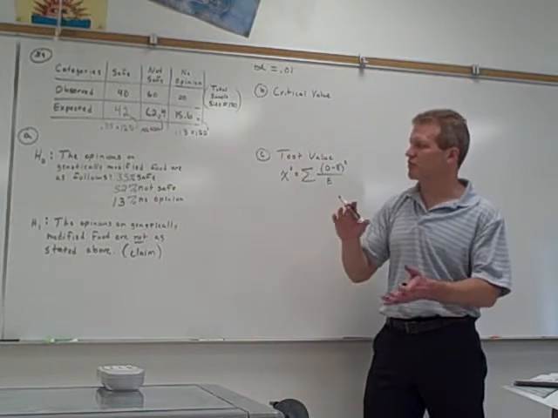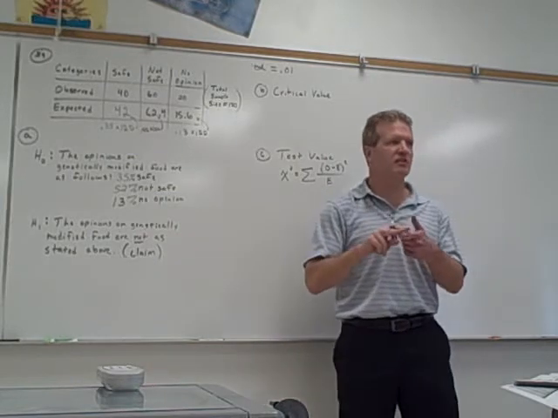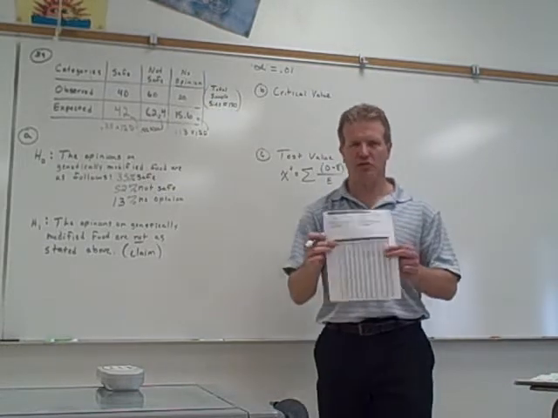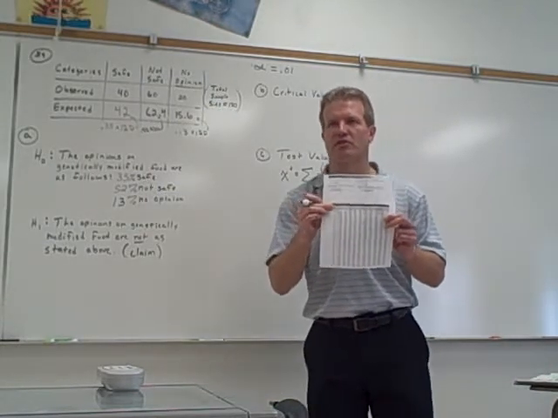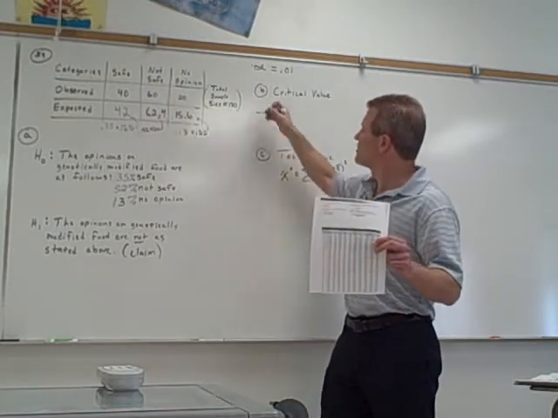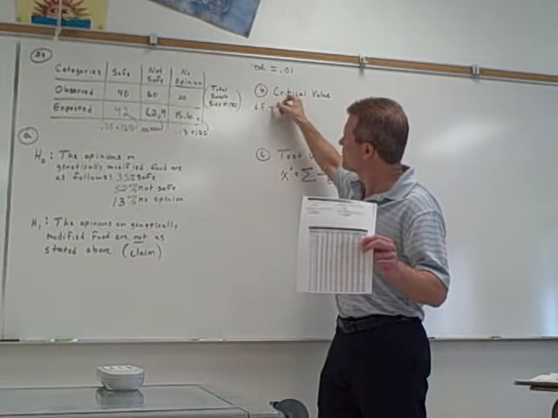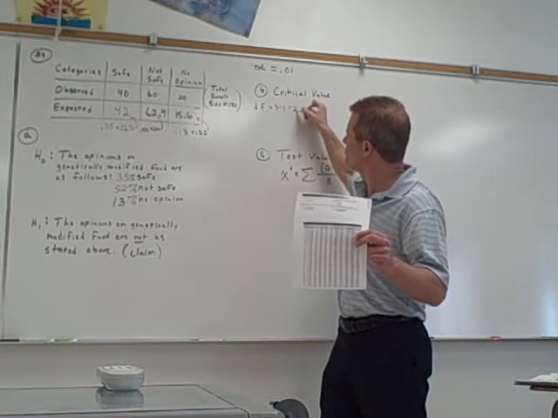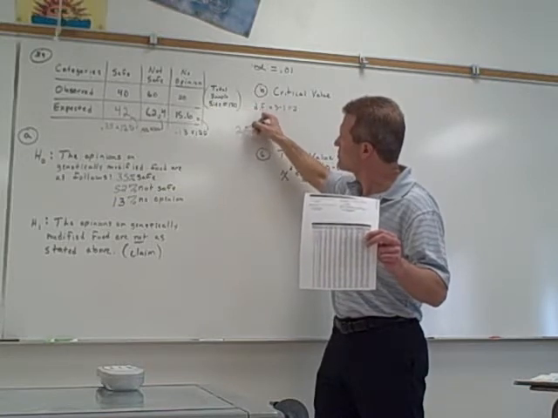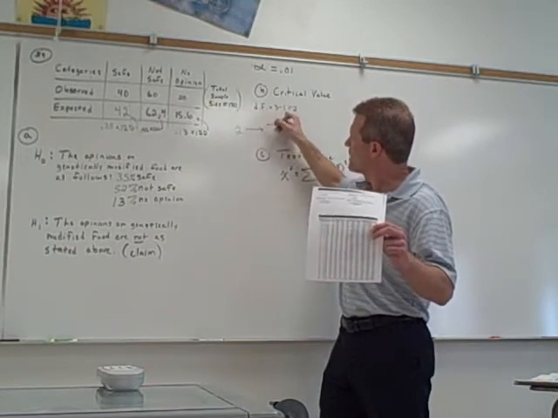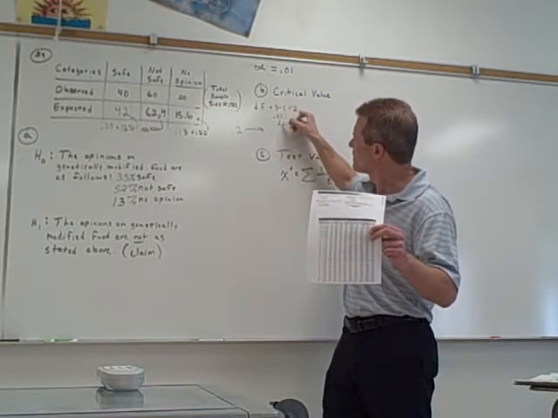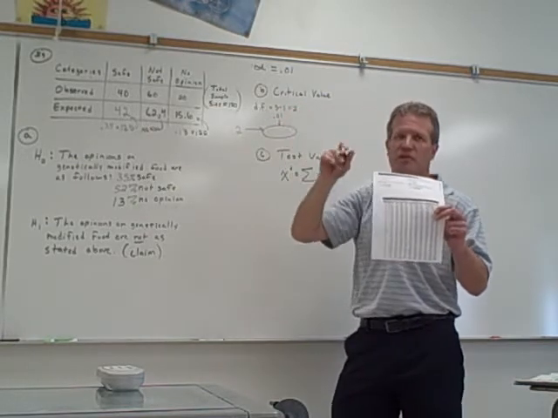Okay, we're doing the traditional method of hypothesis testing. The second step is to find the critical values. So you get your chi-squared table out. You look at your chi-squared chart. Your degrees of freedom is the number of categories minus 1. We have 3 categories. So our degrees of freedom are going to be 3 minus 1, which is 2. So you look at 2 down the side of your chart under degrees of freedom. At the top, you go to your alpha value of 0.01. And that's how you're going to find your critical value.